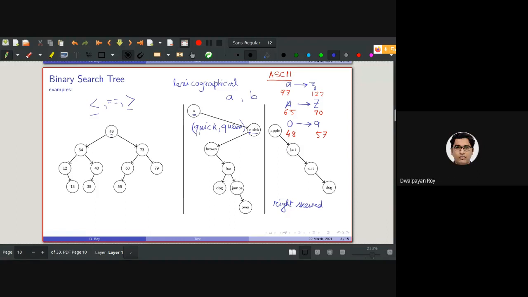As the first and second characters are the same, we compare E and I. E has a lower ASCII value than I, so queen will come before quick, isn't it? You are correct. So this is one way of comparing two strings.